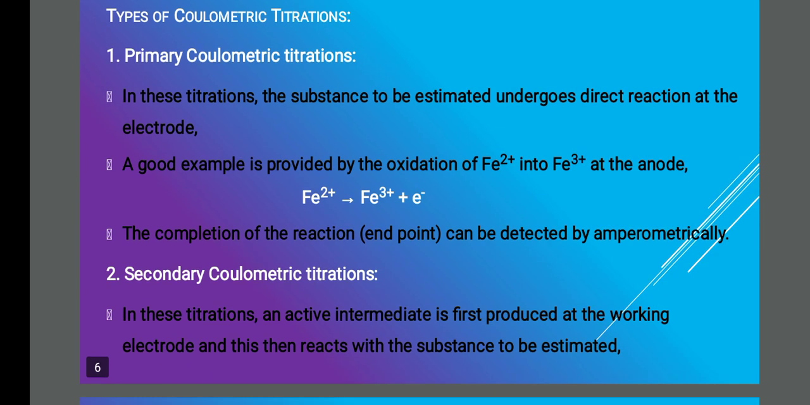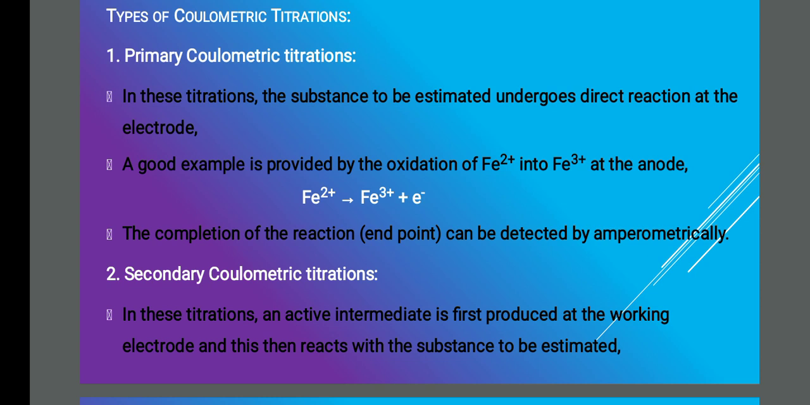So if you take coulometric titration, there are two types of coulometric titration. One is called primary coulometric titration, another one is called secondary coulometric titration. Coming to primary coulometric titration, what happens here is the substance to be estimated will undergo direct reaction at the electrode. So oxidation takes place. Fe2+ will give you Fe3+ plus electron, and the completion of the reaction at the end point can be detected amperometrically. This is primary